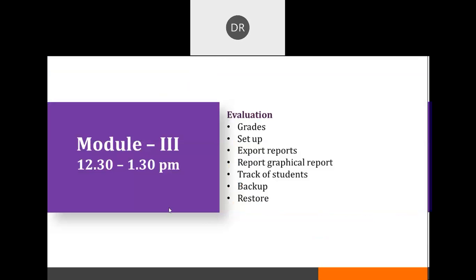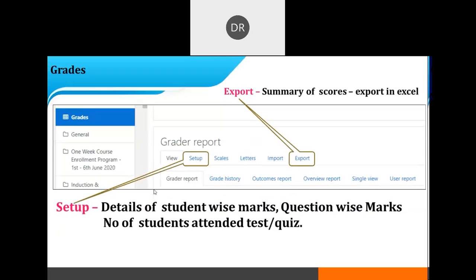Evaluation part, how the evaluation is done. Okay. First of all, again, I will show you all these tabs where it is exactly during the demonstration. So grade tab is there. Okay, grade means their marks and everything. So there are two options: setup and the export.